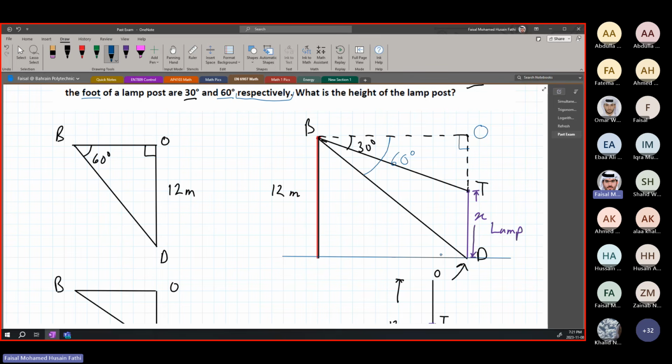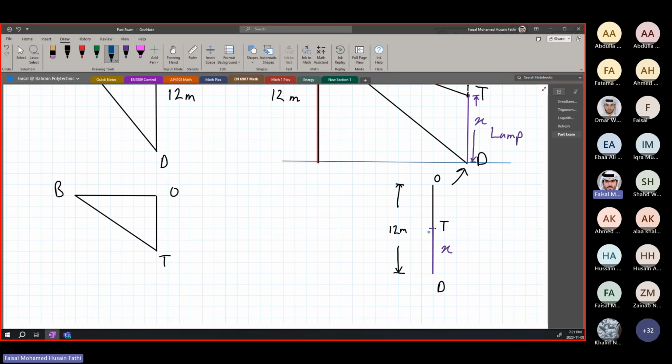It's perpendicular, like a rectangle. One side of this is equal to the side of this. So we know this complete distance over here, from the top, from O to D, equals 12 meters. So this is also 12 meters. Now, because we know this is 12 meters and we know this is X,